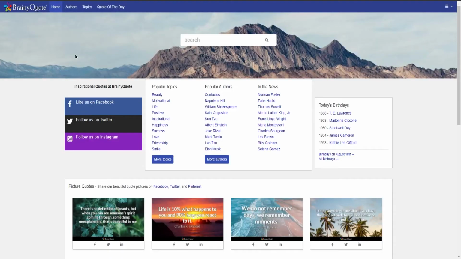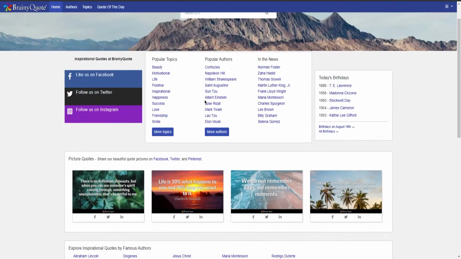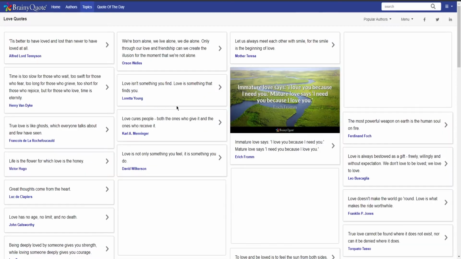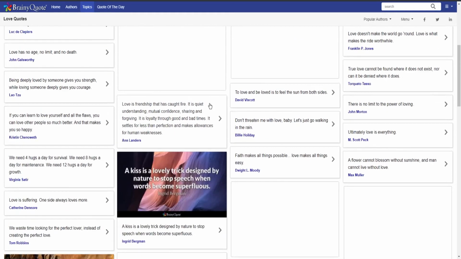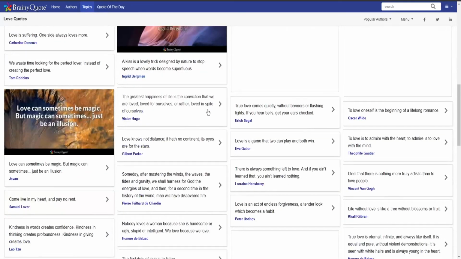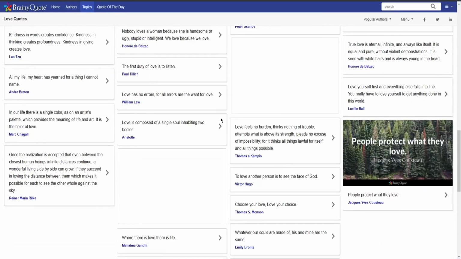What you want to do, there's a site over here called BrainyQuote.com. You can come over here, and as you can see, you've got different types of popular topics. You've got inspirational, positive, motivational, wisdom, love, and friendship. If you were to click on love as an example, what that's going to do is it's going to give you all these different types of quotes over here